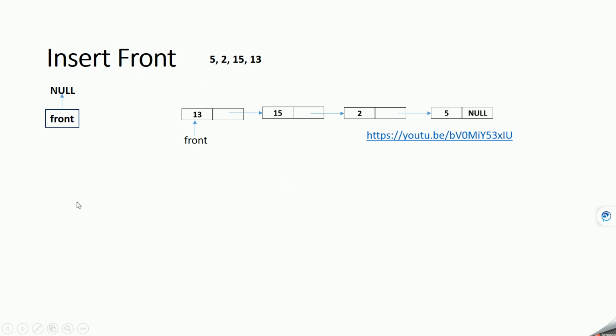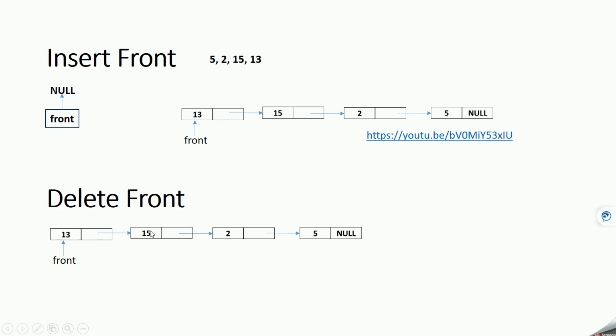Now let's see how we have to delete an element from the front. Initially we have the linked list like this, and now we want to delete the element from the front. This is the front of the linked list. We have to delete 13 first. So this 13 will be deleted and then this 15 will become the front of the linked list.